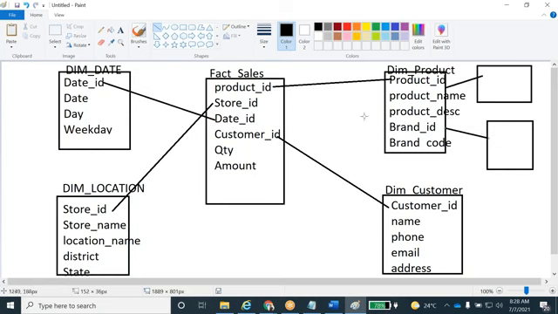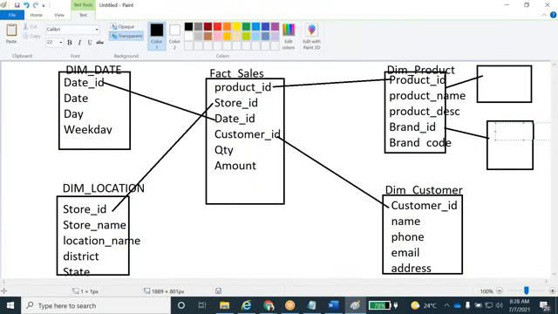So they're going to store the brand information in this table, instead of here: the brand ID, brand code, brand name. Okay, something like that.